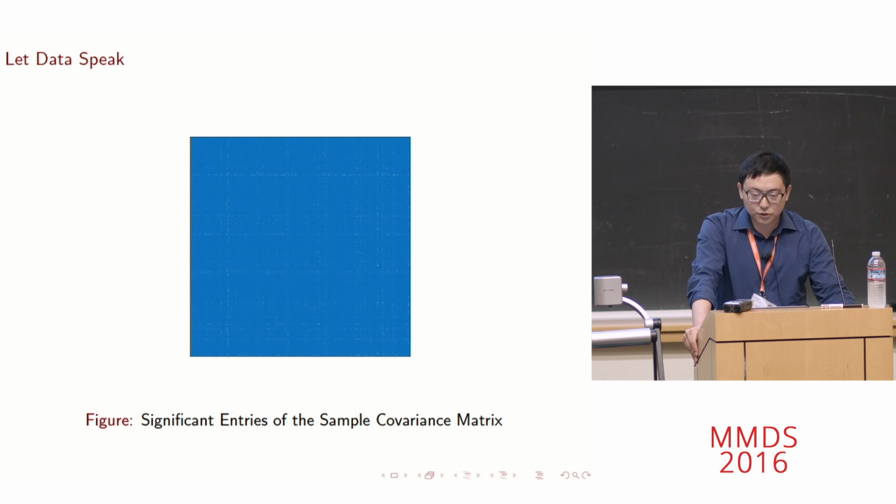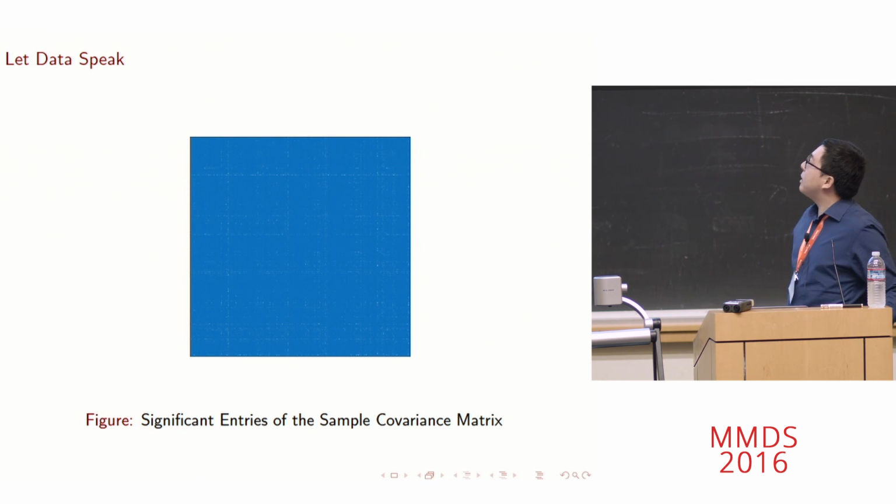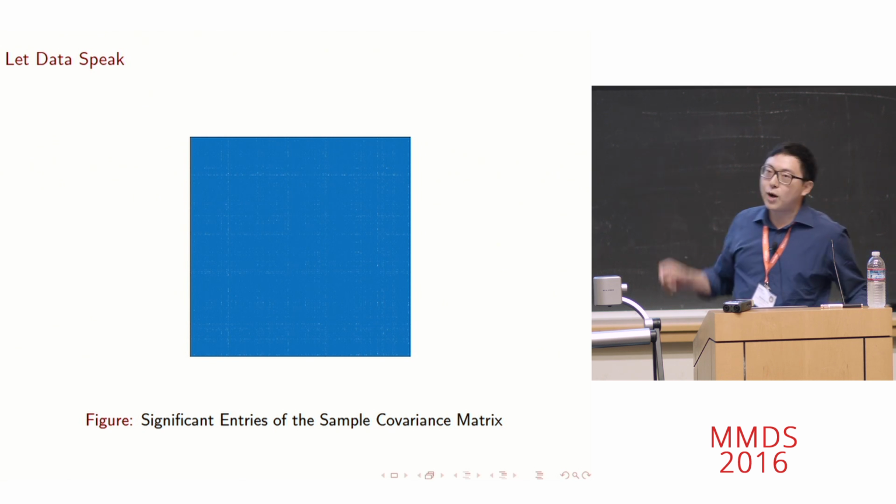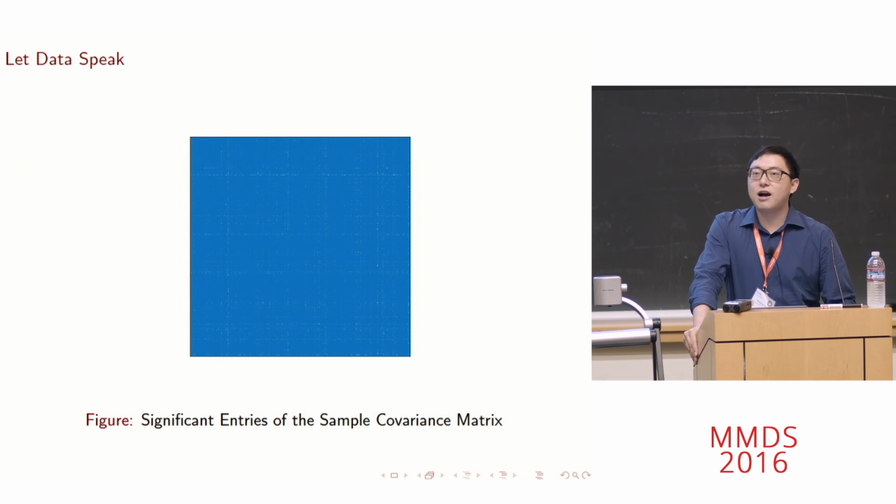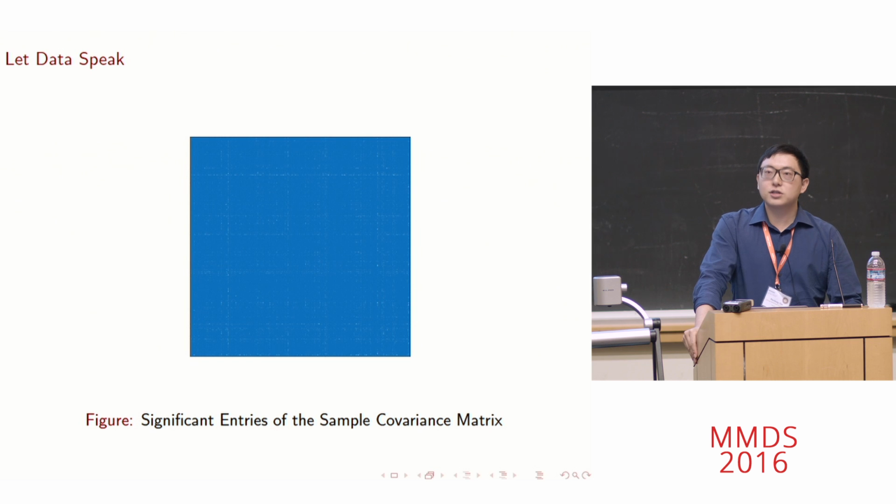As you can see, it looks like there is a blue square here, but if you have pretty good vision or a very good pair of glasses, you may be able to see there is some white space over there. This is not entirely a blue square. So it simply means that the sample covariance matrix is not sparse at all. So we cannot blindly make this assumption on the data.